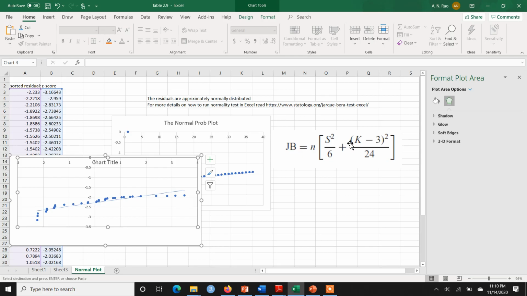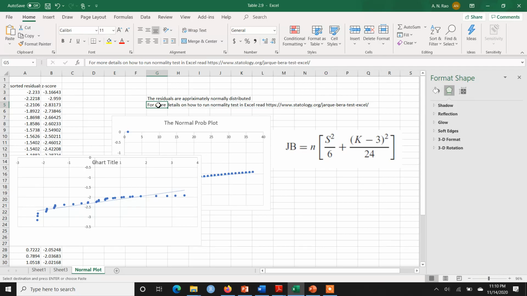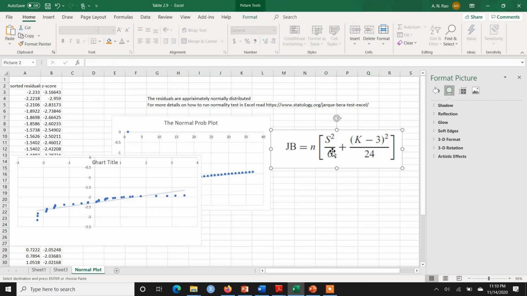What's the method of calculating it? I'll paste the link in the comment section. You can read useful instructions there on how you can calculate the Jarque-Bera statistic in Excel, and how you can test whether the residuals are normally distributed using the Jarque-Bera test.